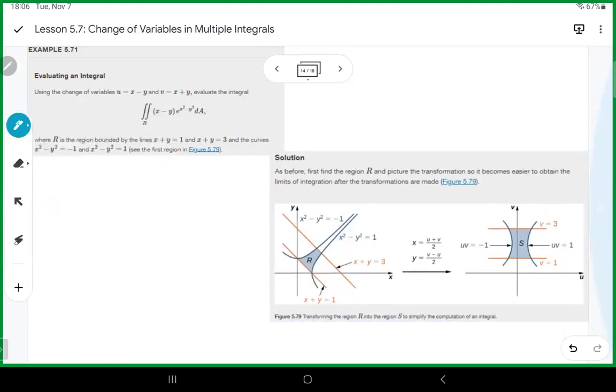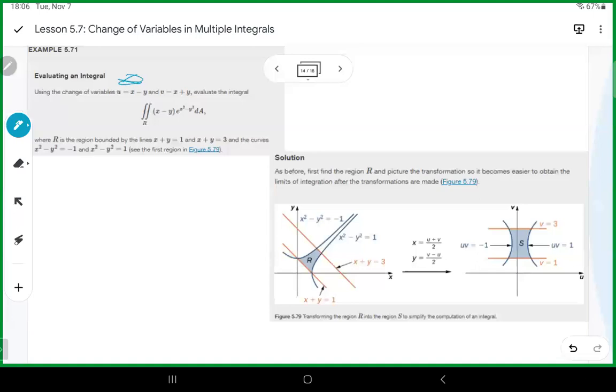So it says, using the change of variables u equal to x minus y and v equal to x plus y, evaluate the integral, where R is the region bounded by the lines and the curves, and then you can see the figure. So, how terrible would it be if I just let you guys think that that was the only solution? All right, so given that